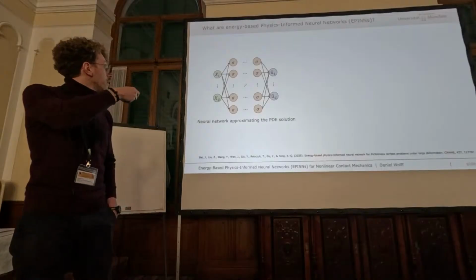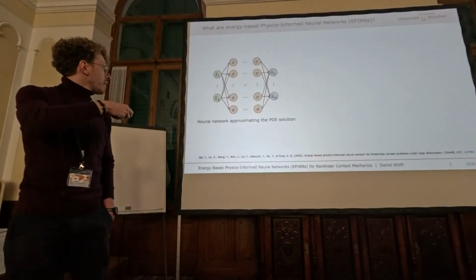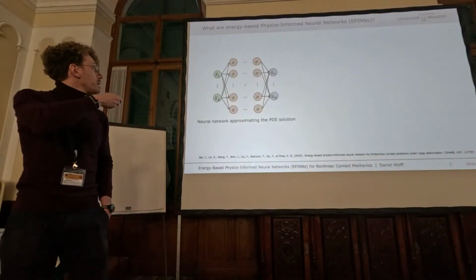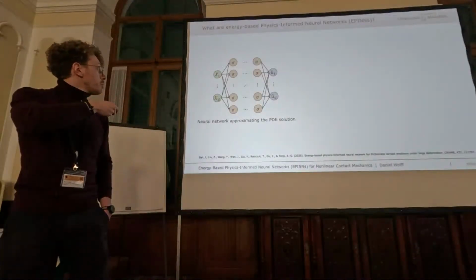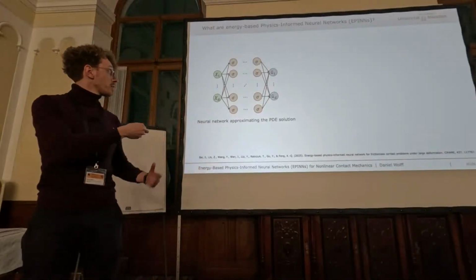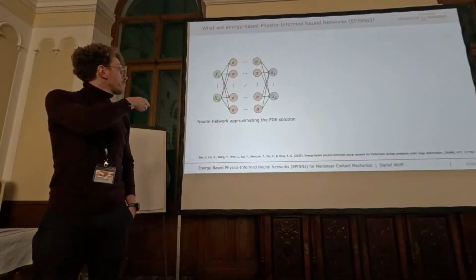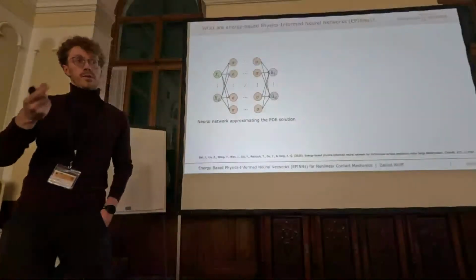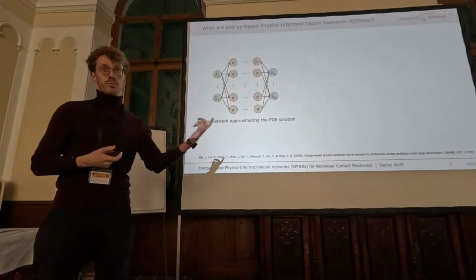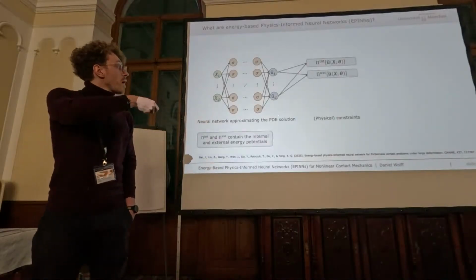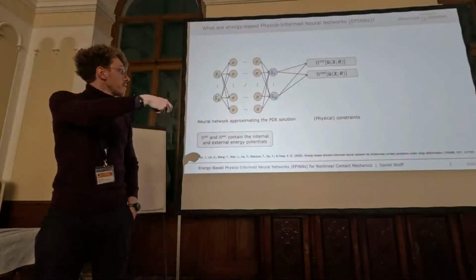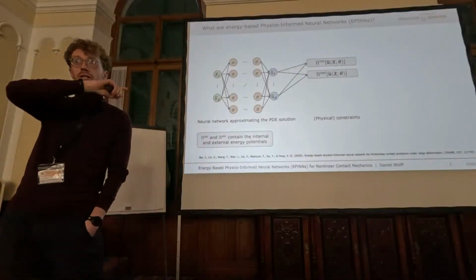And here the idea is very simple. You have a neural network. It can be a very simple neural network, let's say a feed-forward neural network, where we enter as inputs the position vector in our undeformed configuration, and we map this position vector of our undeformed configuration to the displacements of our body. So basically, the neural network approximates what normally would be our PDE solution, and now we try to constrain it by formulating our loss function, our objective function that we want to minimize, with the help of these energy potentials that we introduced before.